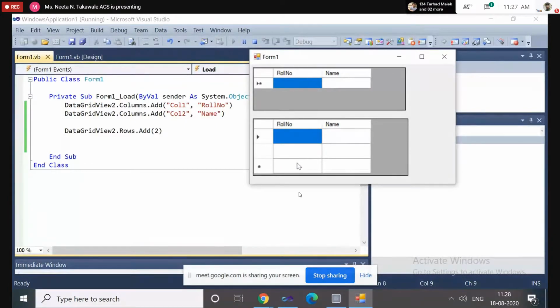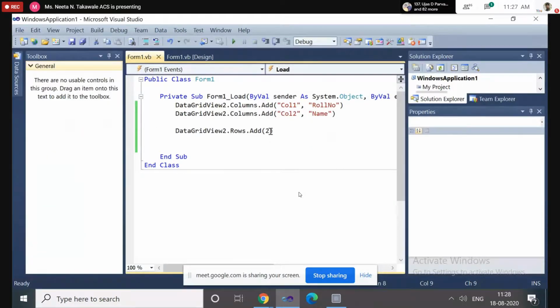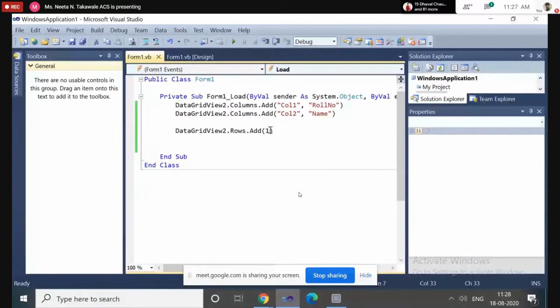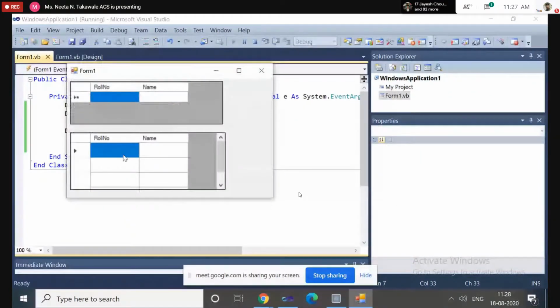So if you want to insert only 2 rows, then change this number to 1, that means number of rows minus 1. You have to specify the number of rows minus 1. Now here there are 2 rows in the data grid. If you specify 3, then it will add a total of 4 rows. See, 1, 2, 3 and 4.